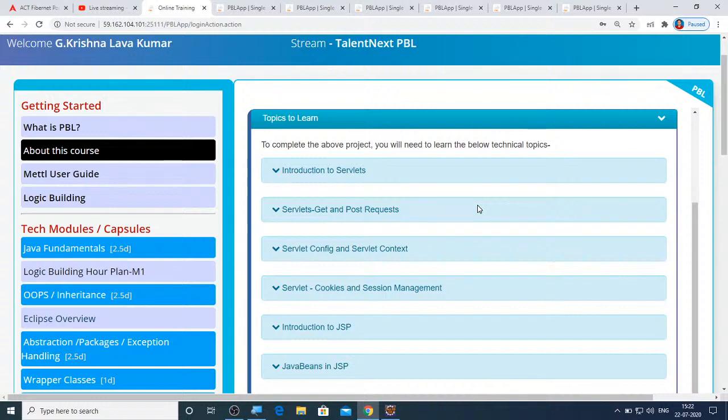And the protocol that will be used for this communication between the client and server is the HTTP protocol, which stands for Hypertext Transfer Protocol. And I hope you know that HTTP is a stateless protocol, which will not maintain any state information either at the client side or the server side.